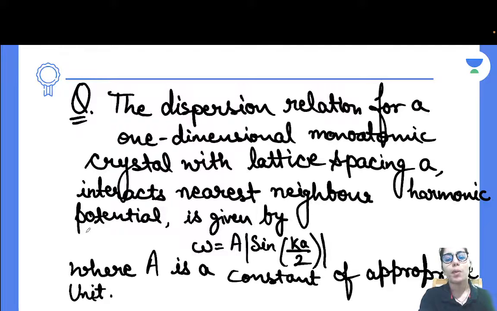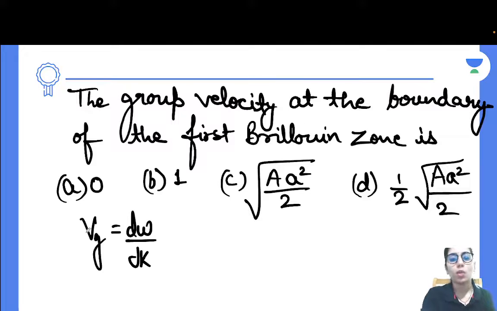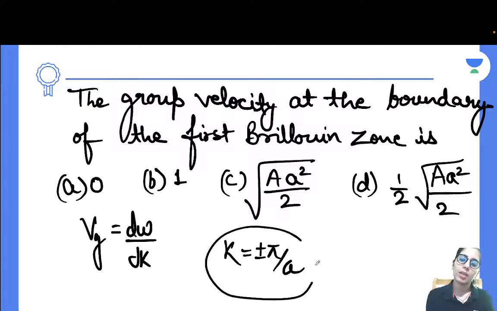So that will give you pi by 2. Cos pi by 2 will be what? 0. And your right answer is option A, which is 0. That's how you are going to solve it, okay? You just have to find d omega by dk and then the boundary exists at this. So when you plug in this value, you reach your final answer. You can tell me if anybody has any doubt, we can consider it, guys. But if it's getting clear, that's great.